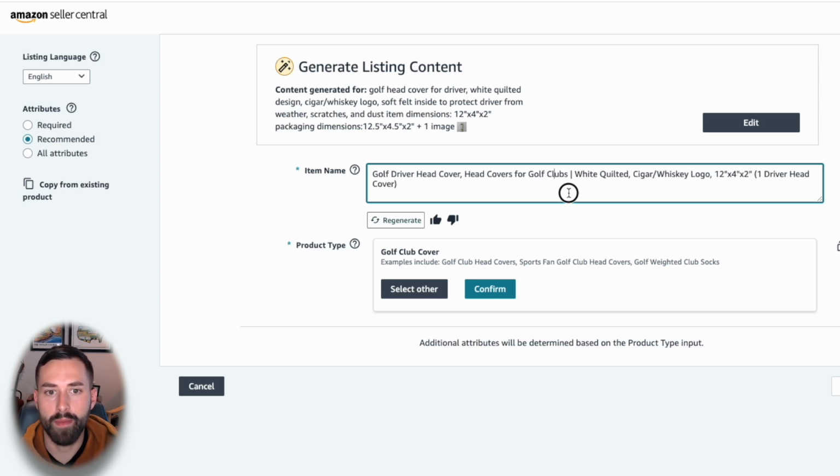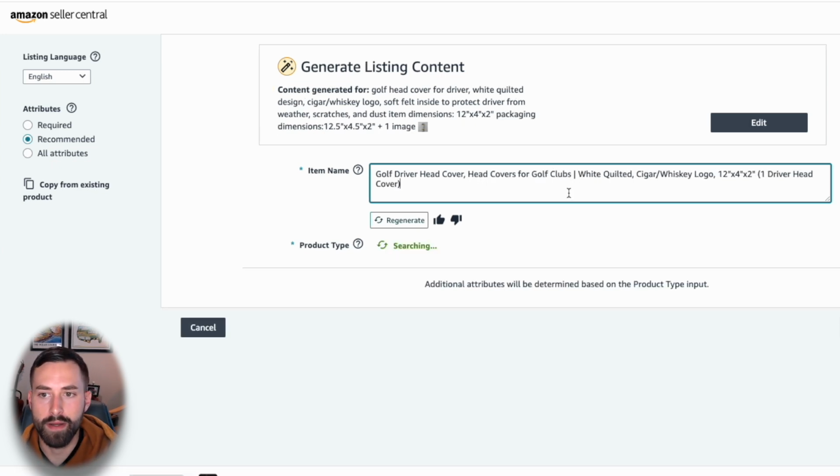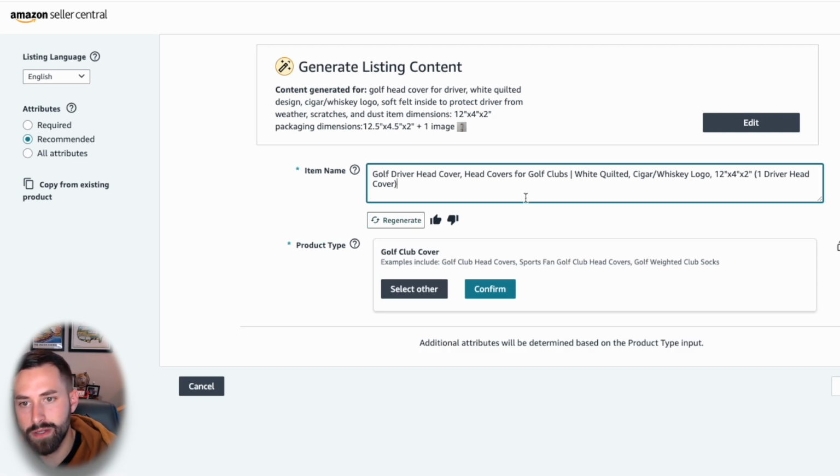You can have a maximum of 150 to 200 characters depending on your product category. You want to make sure you add enough, but also don't overwhelm the customer and have exactly 200 characters and have this massive title. Add enough keywords to really increase your search rank, but also to make it easy to understand and read. Okay. The other thing I wanted to add here, which the AI tool did not, is I